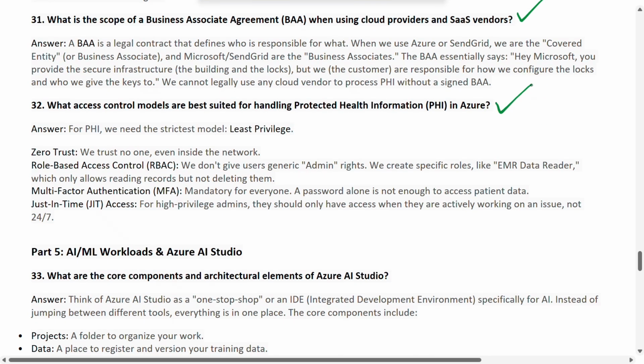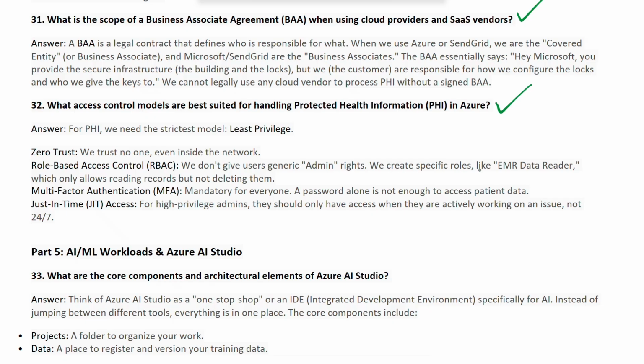And moving further, what access control models are best suited for handling protected health information, PHI, which we discussed here in Azure? So for PHI, we need the strict model, which is least privilege. That includes zero trust, which is we trust no one, even inside the network. The second one is role-based access control. That means we don't give users generic admin rights.